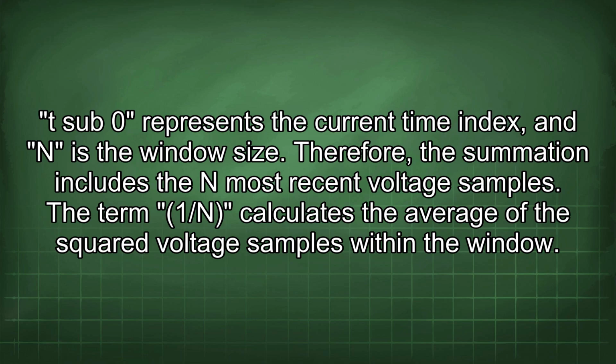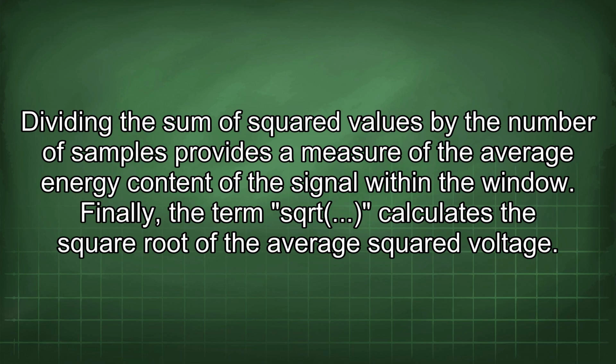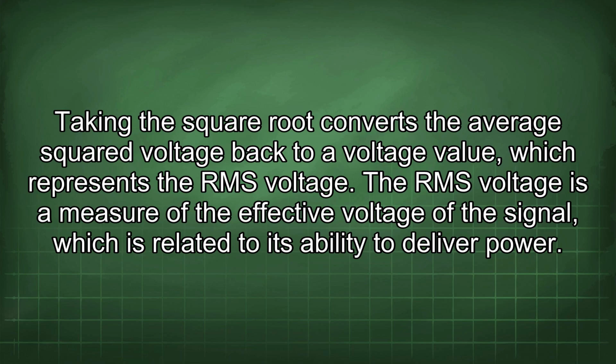The term 1/N calculates the average of the squared voltage samples within the window. Dividing the sum of squared values by the number of samples provides a measure of the average energy content of the signal within the window. Finally, the square root calculates the square root of the average squared voltage. Taking the square root converts the average squared voltage back to a voltage value, which represents the RMS voltage. The RMS voltage is a measure of the effective voltage of the signal, which is related to its ability to